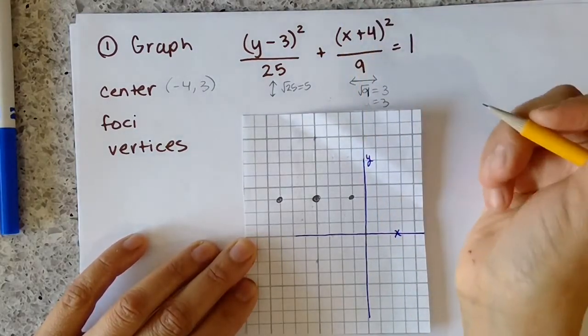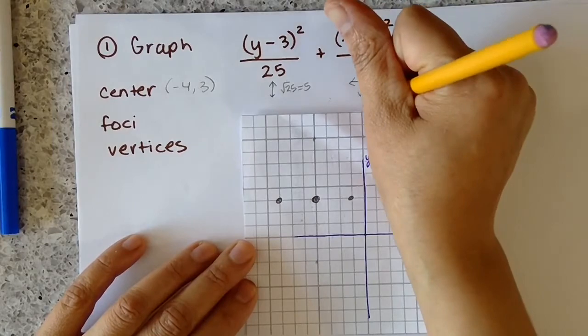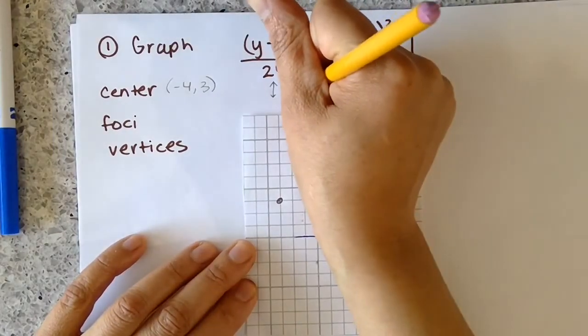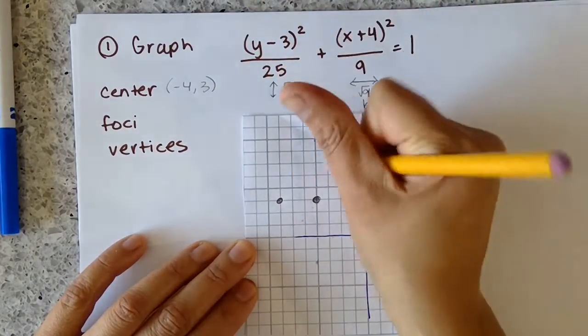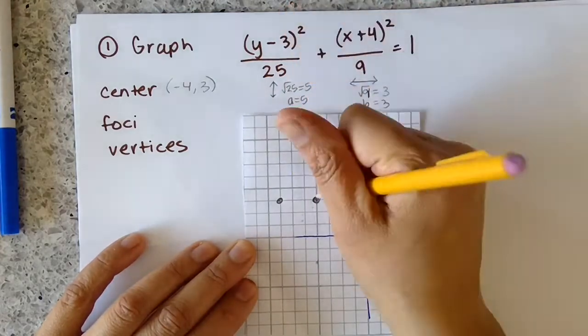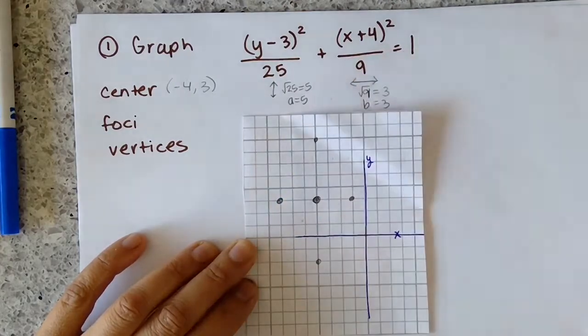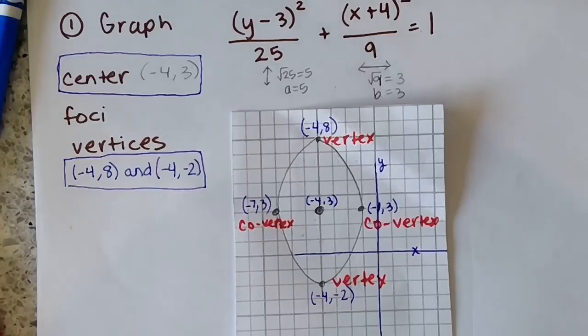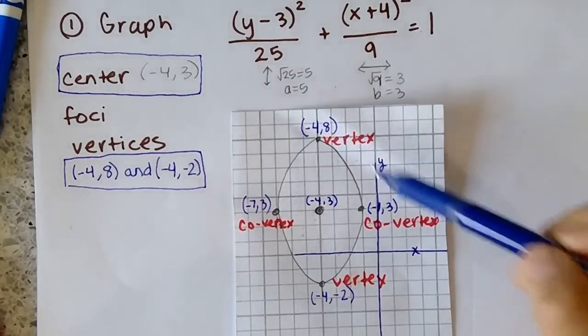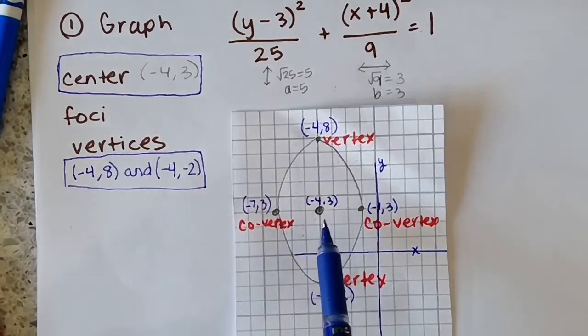Your A value is always going to be your biggest number. So this becomes B and this is A. So 5 units vertically and 5 units down. Then you're just going to graph it. So I went ahead and graphed it, labeled all my points, and it's easy to see what my center was,